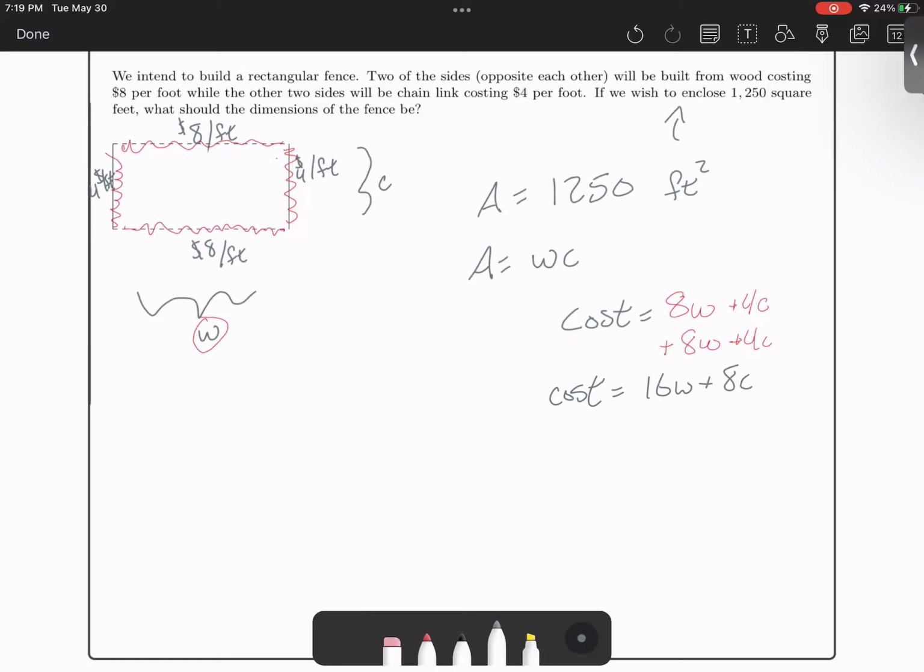So I know that if I want to minimize cost, the only possible place that I can have a minimum is at a critical value. So when my derivative is 0 or does not exist. If we differentiate cost